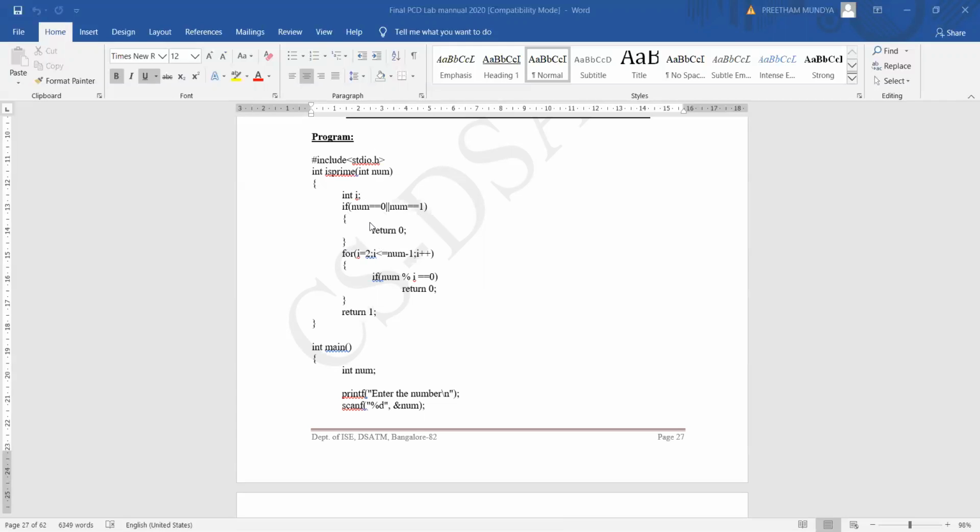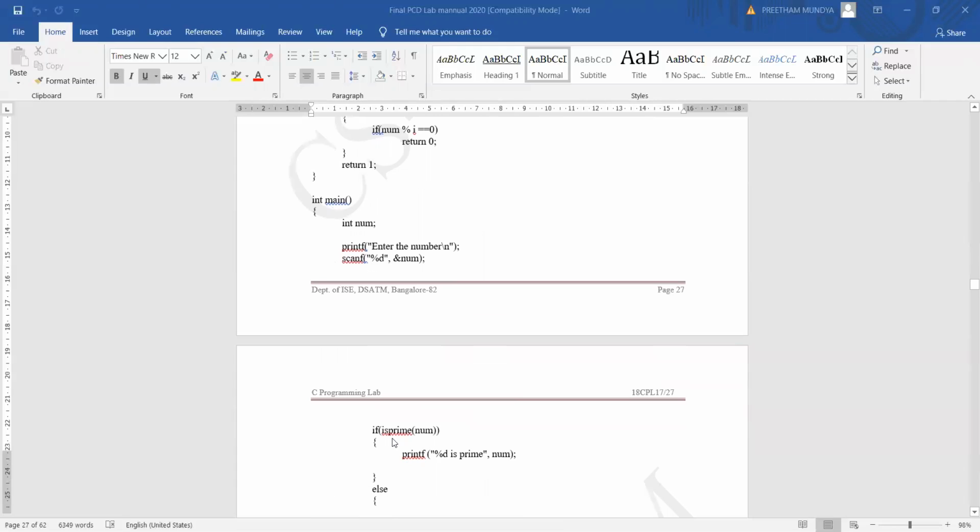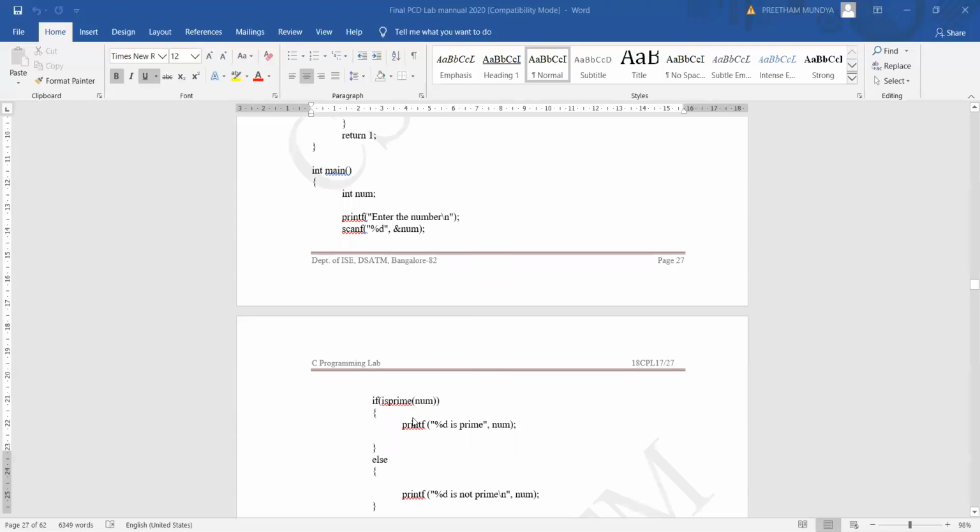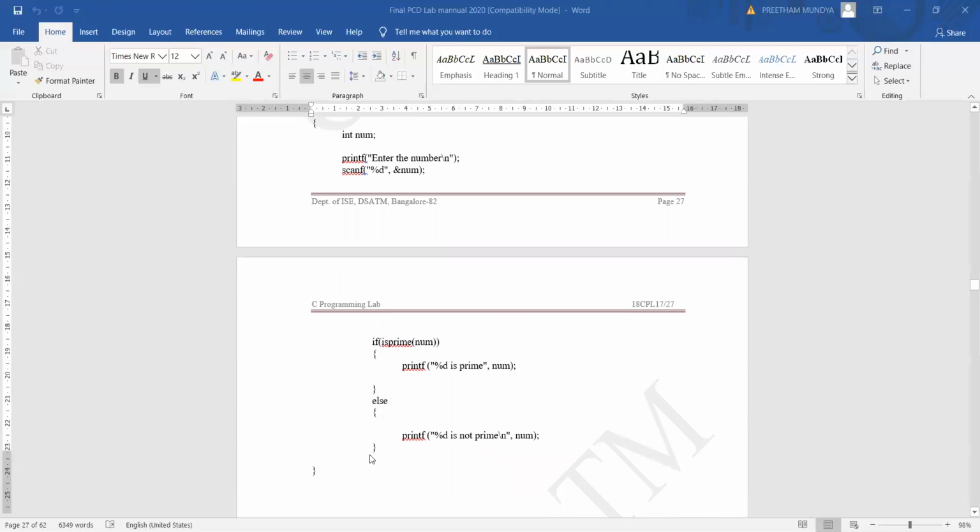Where will it get returned? The value 0 will go to the point where the function was called. So here, in place of is prime of num, 0 is replaced. If of 0 is false, because 0 indicates false, 1 indicates true. So the if condition goes false, and it will go to the else part.